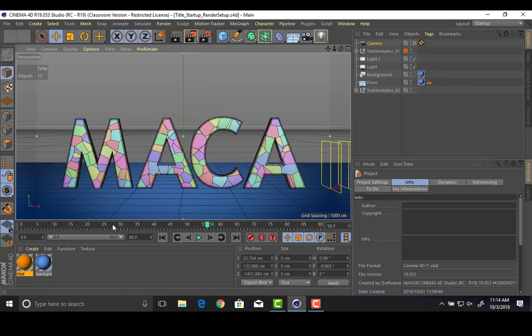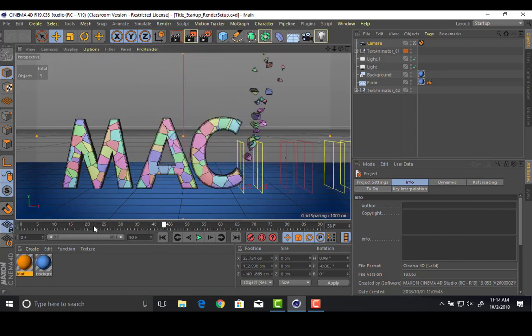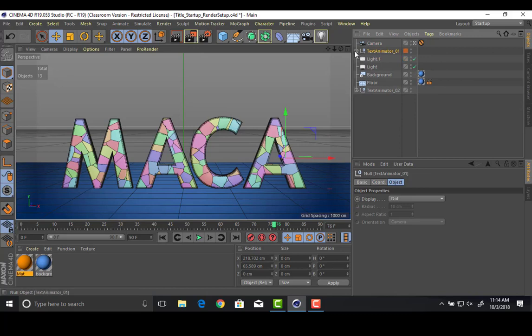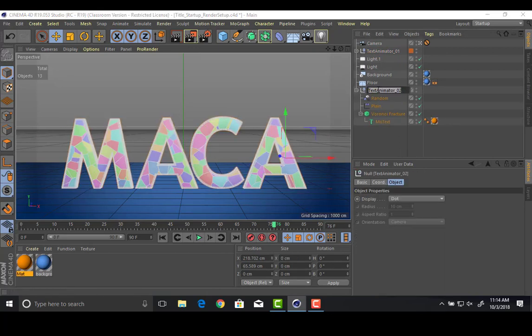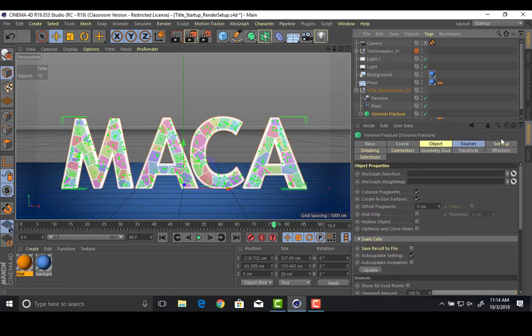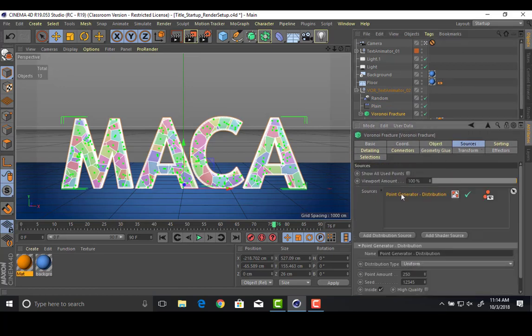This is where I left off last time, animating the chunks kind of blowing away like this. I said I would show different ways that you can create these divisions in here. Let's see, that is my plane. Oops. There's my other one. Here's the Voronoi one, which I will name Voronoi. Keep everything organized. So on the Voronoi itself, there's a sources area. This is where before I clicked on that and I chose